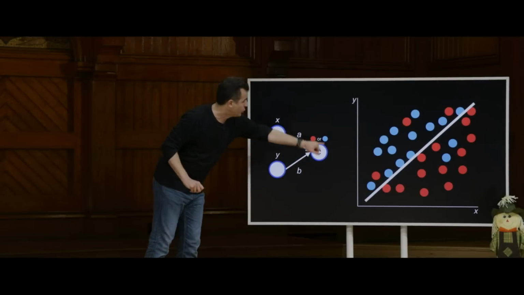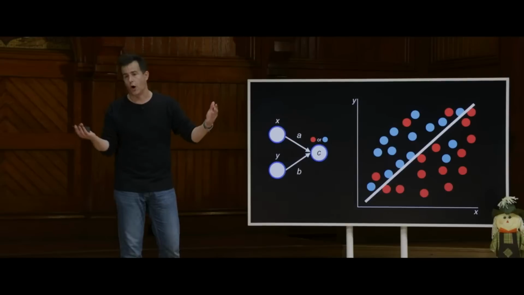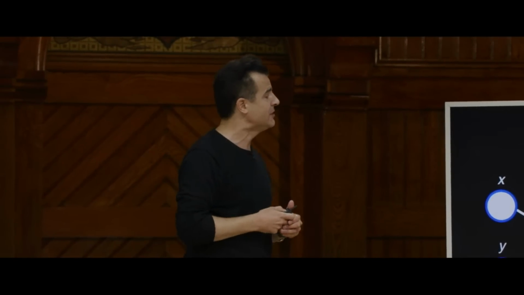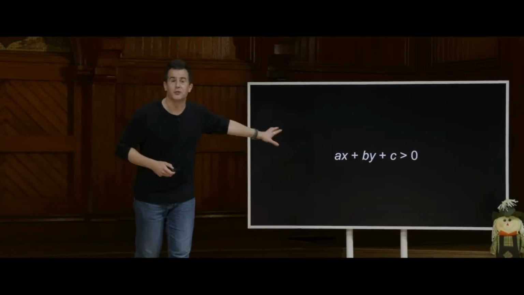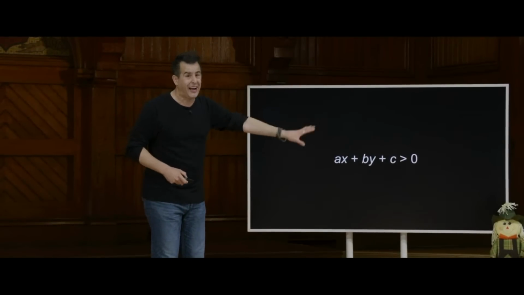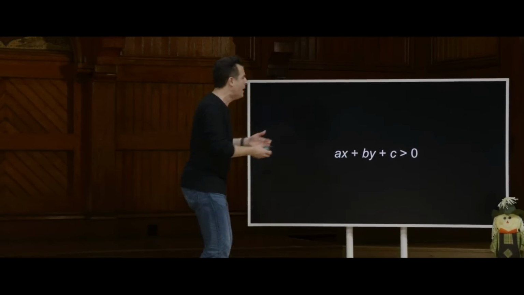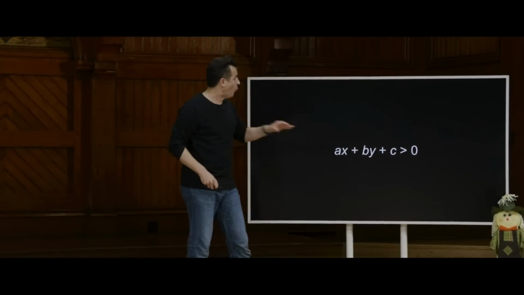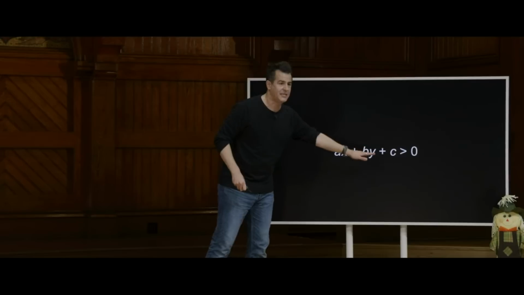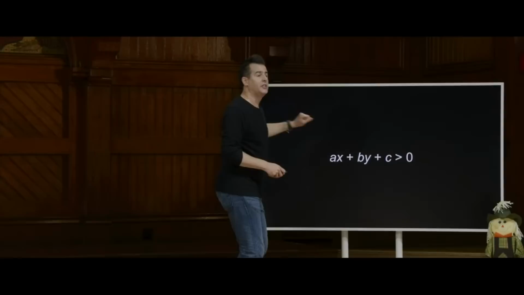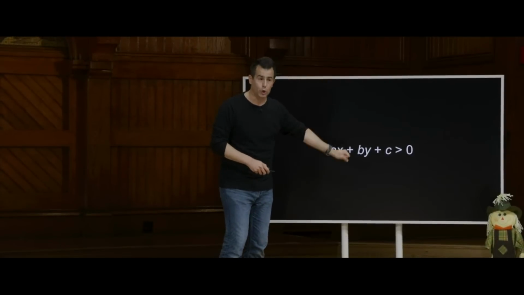And the output of this neural network ideally is just true or false. Is it red or blue? So it's sort of a binary state, as we discuss a lot in CS50. So here, too, to take the fun out of the pretty picture, it's really just like a high school math function. What the neural network in this example is trying to figure out is what formula of the form ax plus by plus c is going to be greater than 0. And if so, let's conclude that the dot is red if you get back a positive result. If you don't, let's conclude that the dot is going to be blue instead.